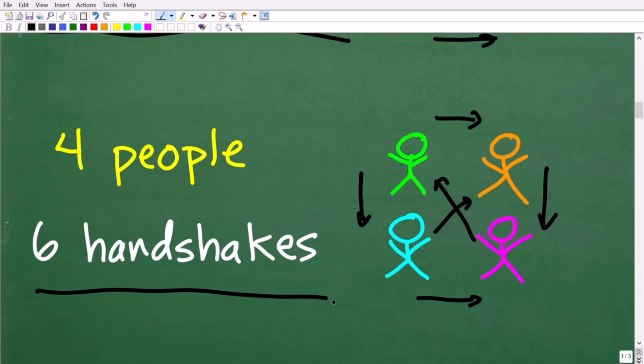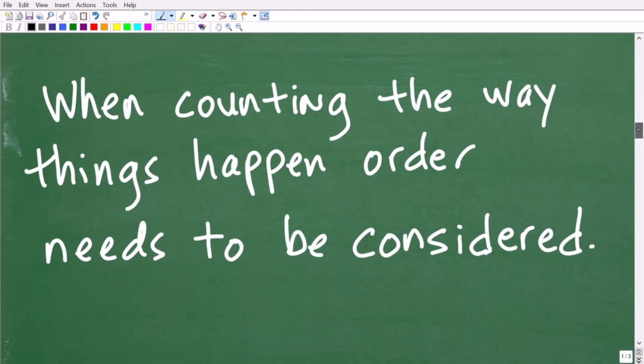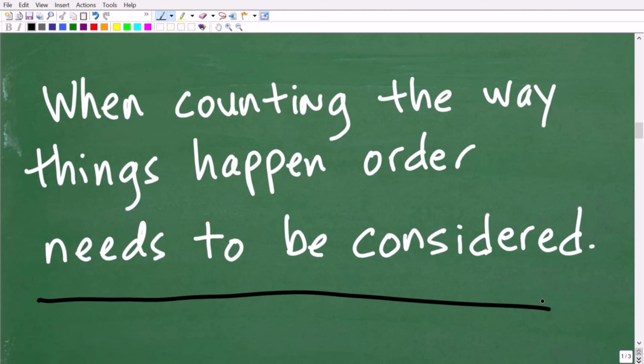So again, you can draw out 10 little stick figures and count up all the handshakes, but you may not be confident in your answer. You might think to yourself, well, maybe I missed something. Well, the type of problem that we're dealing with here in mathematics is called a counting problem. We're trying to figure out how many combinations, or count how many combinations of handshakes will happen when there's 10 people in a room. But in mathematics, when you have a counting problem, you need to consider the order in